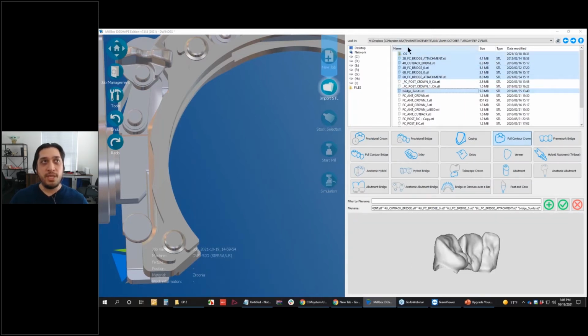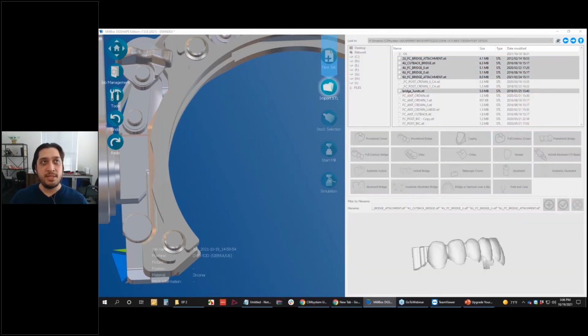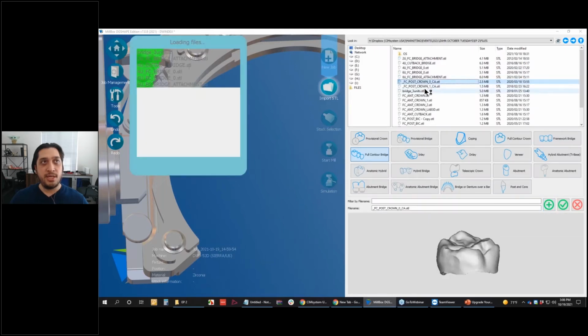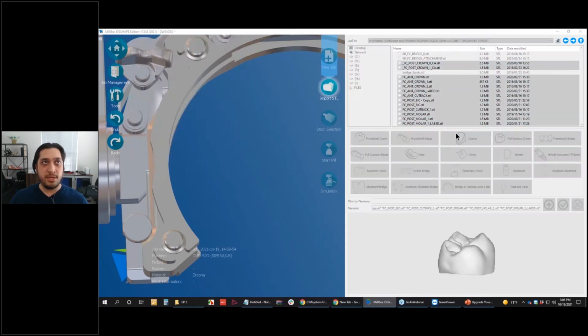So for example, these are all bridges. I know that this is a 2-unit, 4-unit, 4-unit, 6-unit, and 3 units here. So I can import these all as a full contour bridge in one step, simply hitting that plus symbol. Now the plus symbol allows me to stay at this stage and continue importing additional restorations. So if I wanted to pull in the rest of these single units, I certainly could do that and highlight